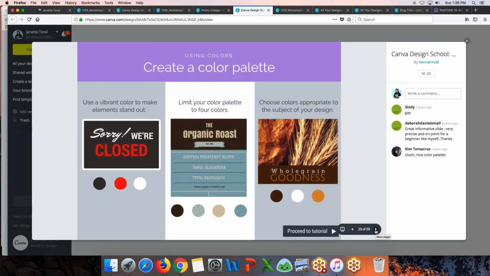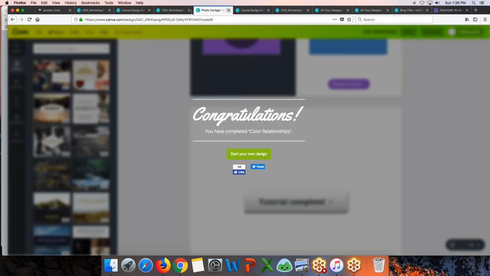So, you can also create a color palette. So, yung color palette, yan. In this case, use a vibrant color to make the elements stand out, no? So, ginawa niyang vibrant color yung isa. Pero, sinasuggest din niya na dapat yung color palette daw hanggang 4 colors lang. And choose colors appropriate to the subject of your design. Okay? So, kung gagawa tayo ng color palette,